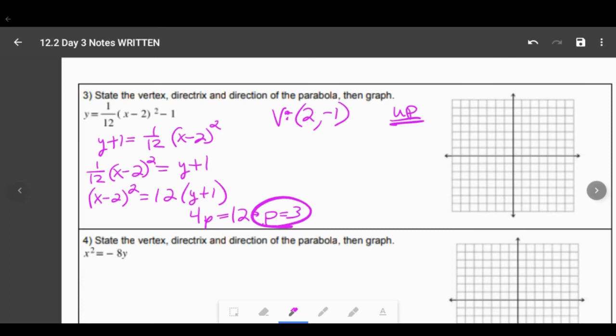Okay? So if I start my graph, if I'm at (2, -1), this is my vertex right here. If I go up 3 spots, 1, 2, 3, there is my focus, because the parabola is opening upward. To find my directrix, I go 3 steps the other way. 1, 2, 3. I know that right here,